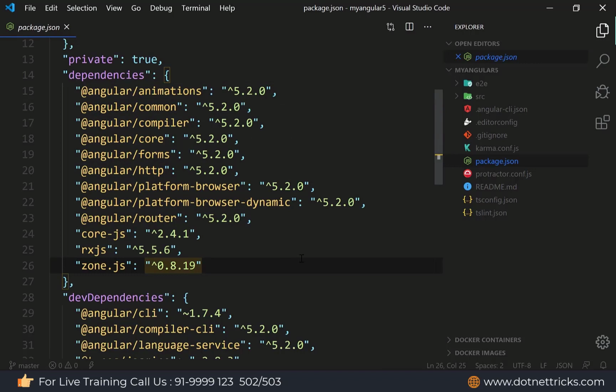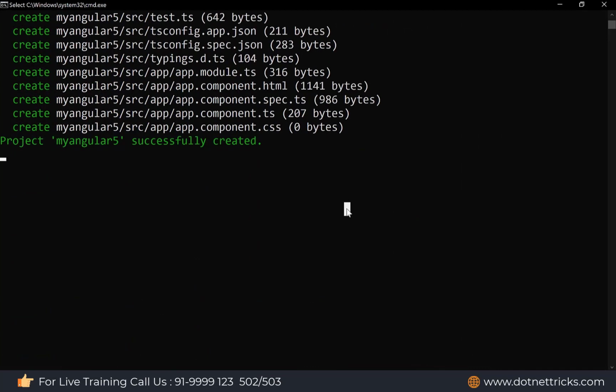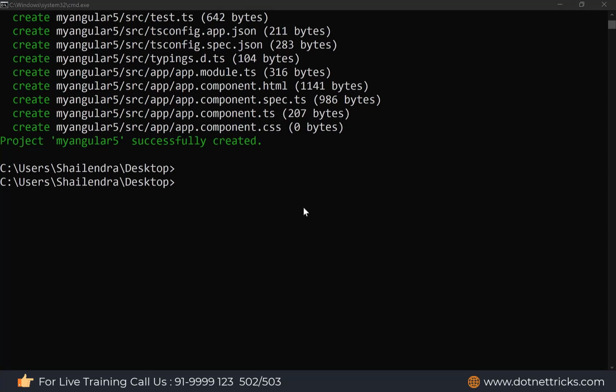Similarly, I can create here my Angular 6, Angular 7, Angular 8 and Angular 9 project when you are having the Angular 10. So let me create here the Angular 6 project also. Then I will compare these two projects together. So I'm just going to stop it now, and let me create here the Angular 6 project.